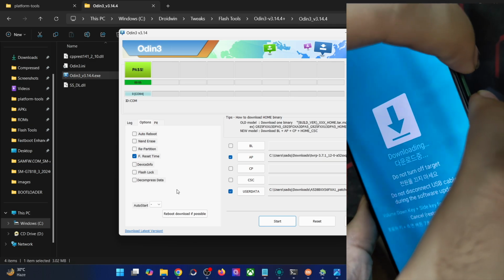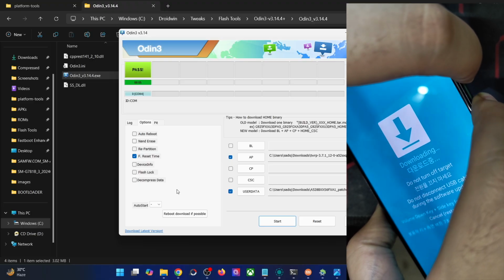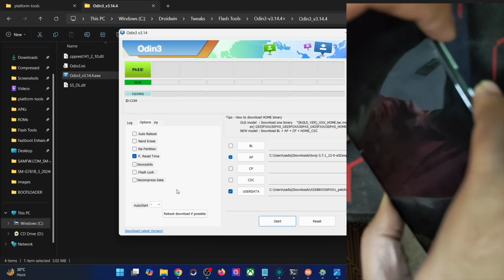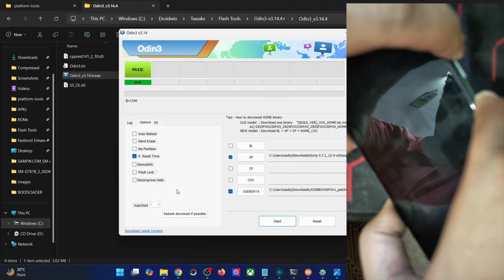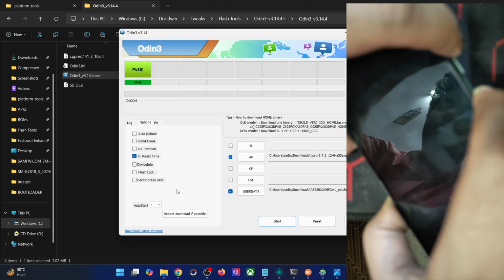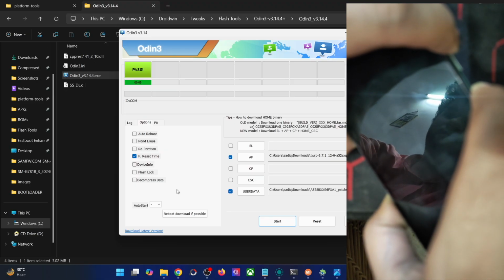First off, press and hold the power and the volume down keys and keep on holding both the keys until your phone is about to undergo a restart. So let me show you. Keep on holding both the keys, and once that is done, now press and hold the power and the volume up keys, and now keep on holding both these keys until your phone reboots. This might take up to around 4 to 5 seconds, so let's wait for that to happen.